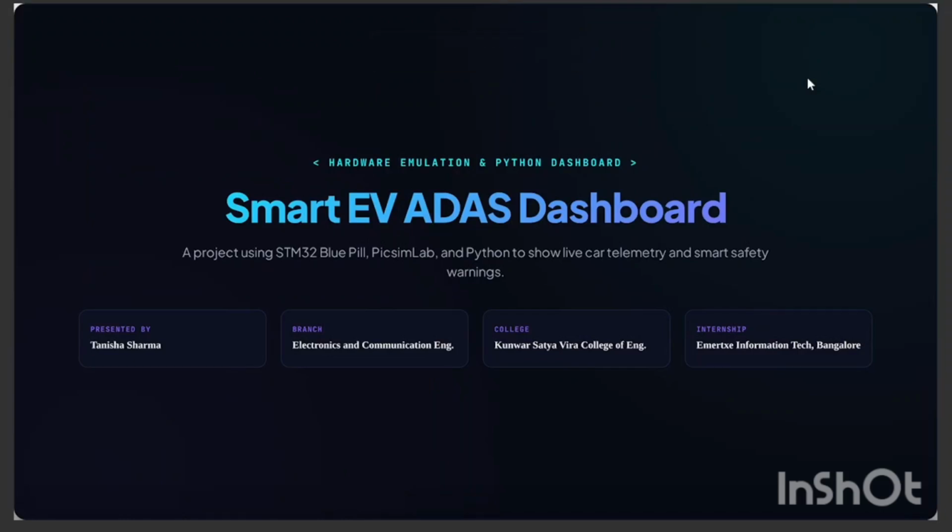Hello everyone, my name is Tanisha Sharma. Today I am very excited to present my project, the Smart EV ADAS dashboard. I developed this project during my internship at MITech's Information Technologies in Bangalore. It was a fantastic learning experience that allowed me to bridge the gap between embedded software engineering and real world